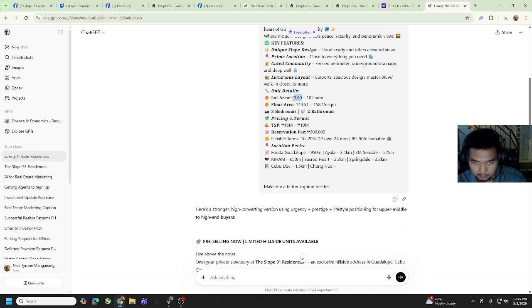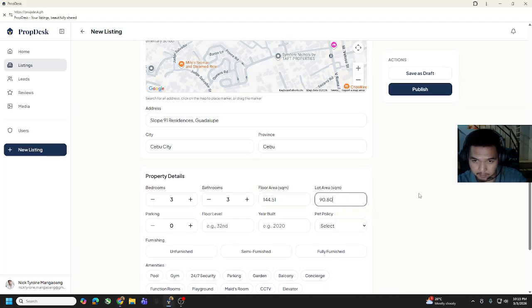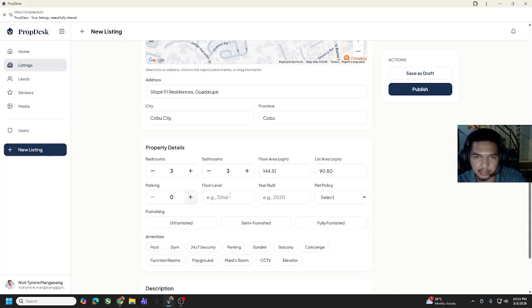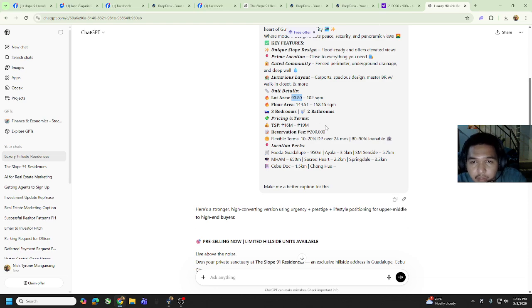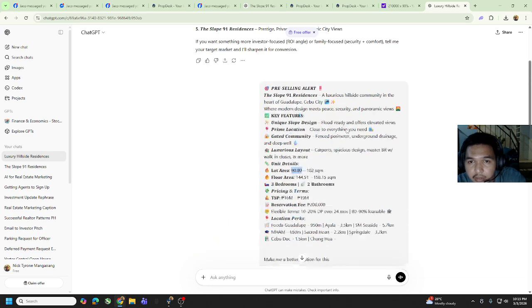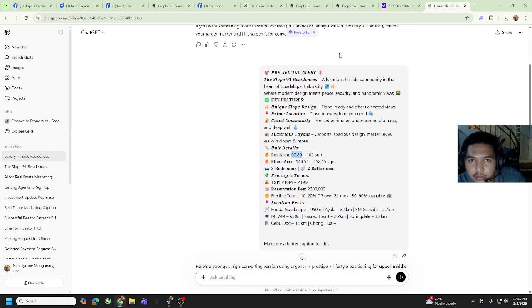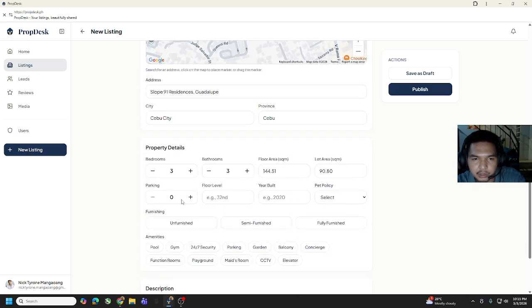Lot area is 90.80, I'll paste it. Then for the parking, based on the pictures, I think it's one parking. Floor level, since it's 2 stories, let's just put 2.